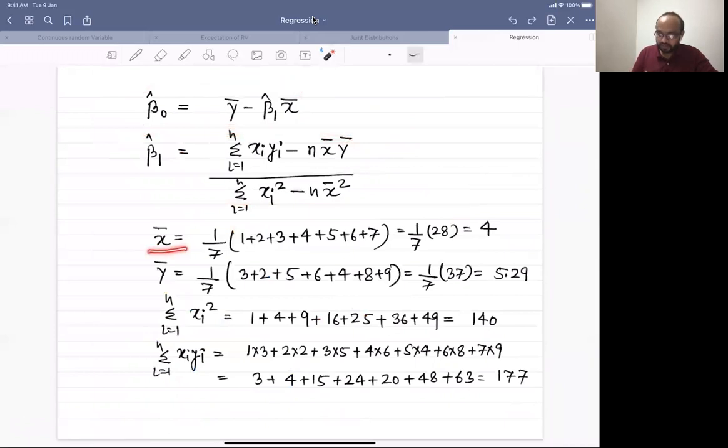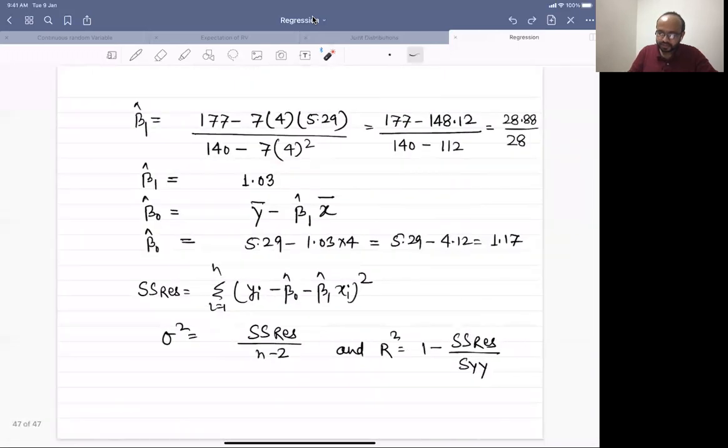These are x bar and y bar as computed. Here are xi square and xiyi, the cross terms, computed because we need all these values. And then finally I get the estimates of beta naught cap and beta 1 cap. This is my slope term and this is my intercept term. We can also compute the sum of squares of residuals, sigma square, and the coefficient of determination R square. But these days, when you have a large amount of data, you cannot do it by hand in a reasonable amount of time. So people mostly do it in R or MATLAB or any other language. You can try to do it with a programming language if you know one, right?